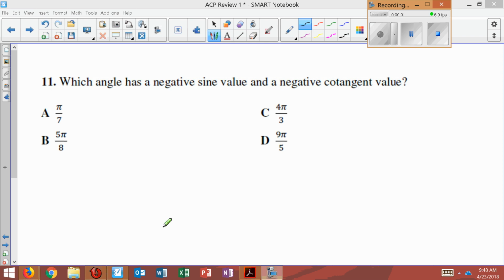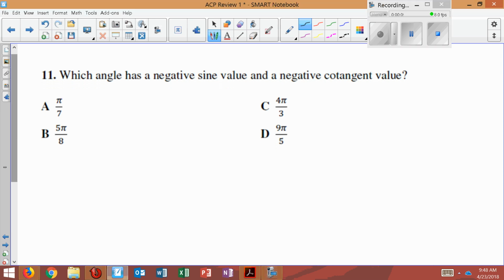Number 11, which angle has a negative sine value and a negative cotangent value? And this is another problem we could do totally in the calculator, but I'm going to first do it by hand, and then we'll check our answers in the calculator. So what I'm going to first do is draw four